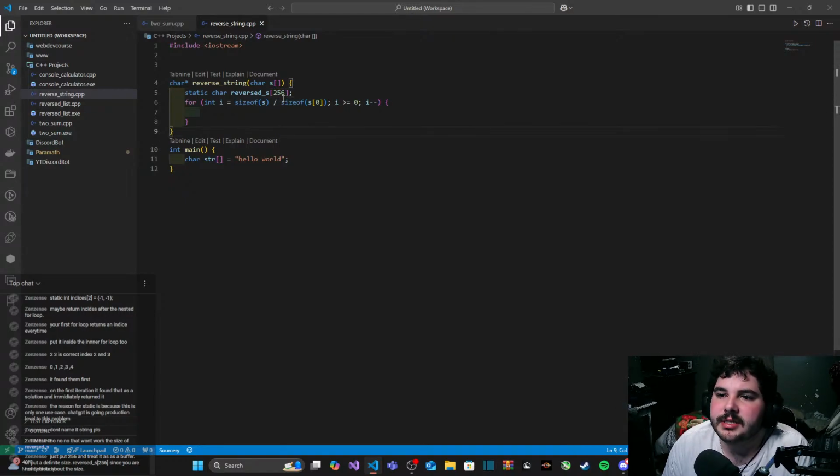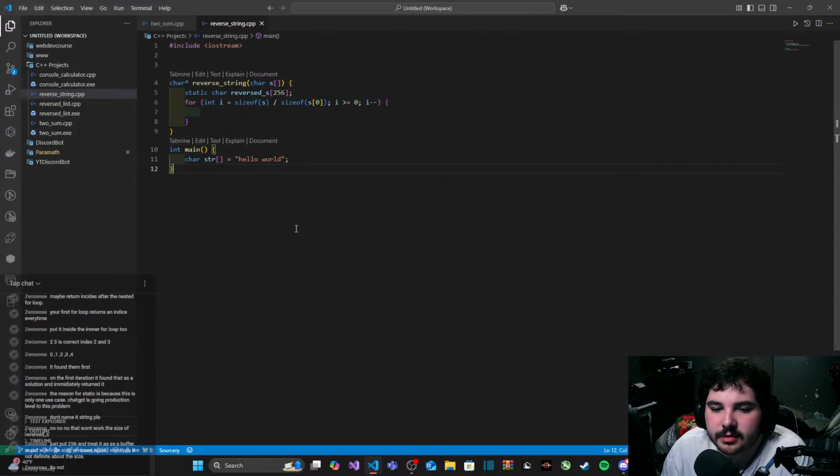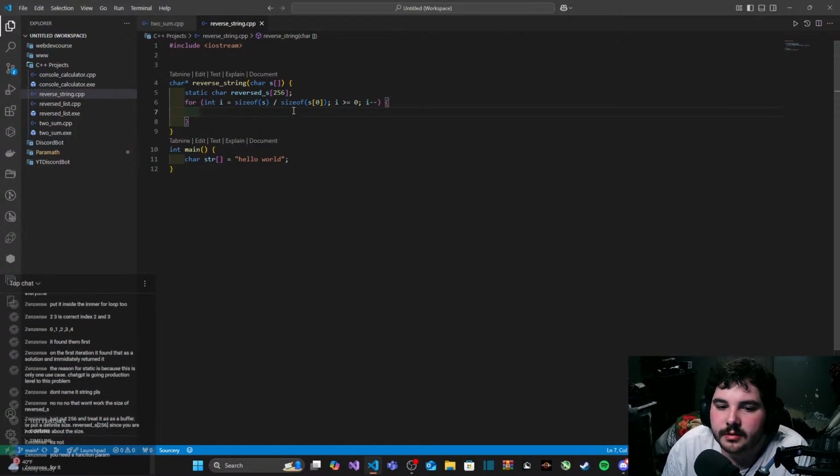But wouldn't it make sense to have it the same size of s? So that way it's always going to be the same size of the string that you input, no matter how big it is. It's not. Okay. I need a function parameter for it. Got it.